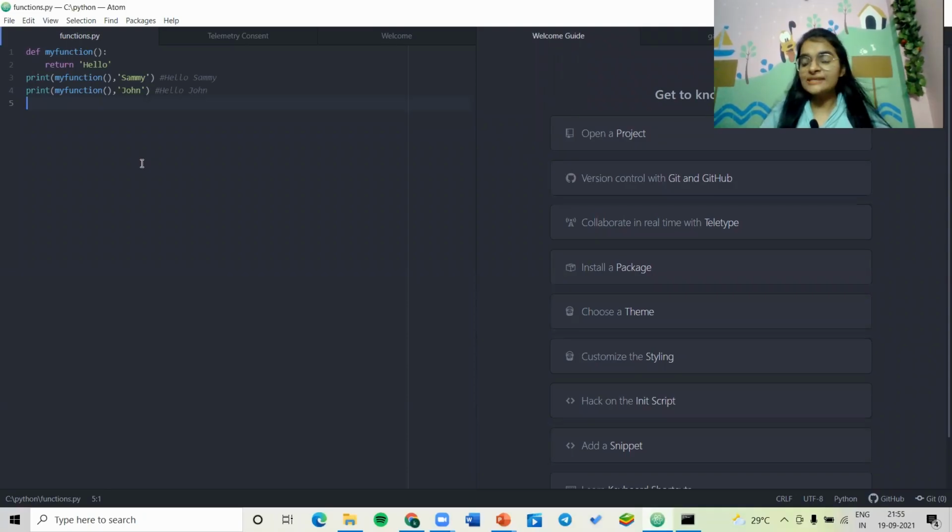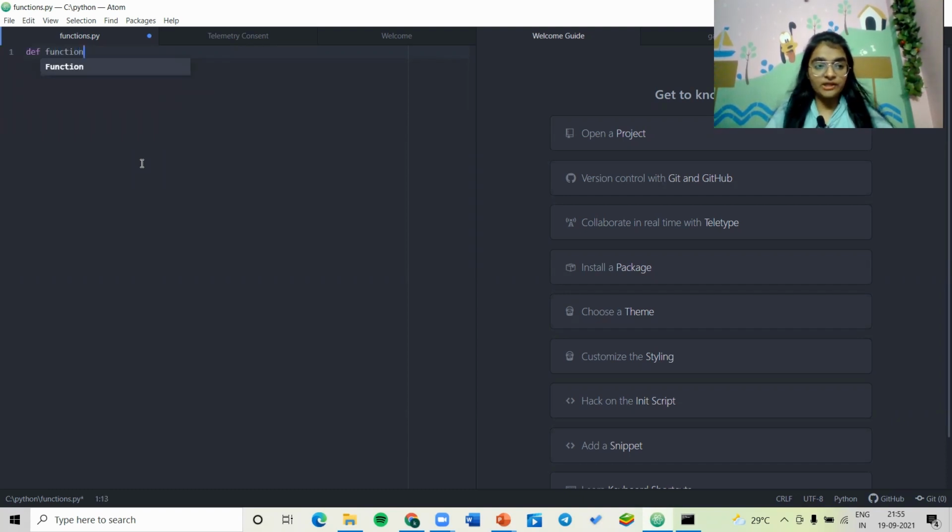As you can see on my screen, we have Atom open, and we have defined a function named definition function, which has two parameters, x comma y. There is a variable add, and add is equal to x plus y, and then this function returns the value of add. Simple, perfect.